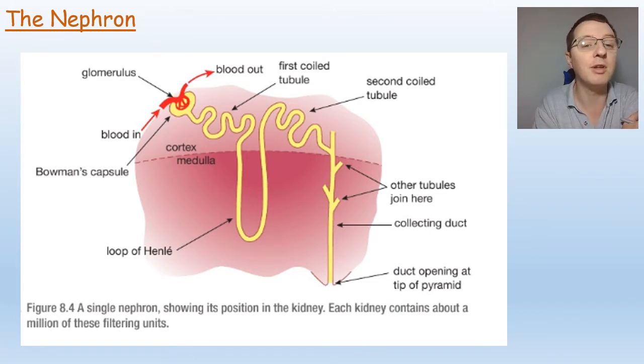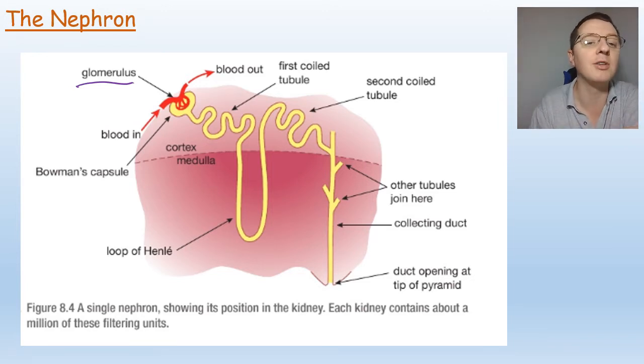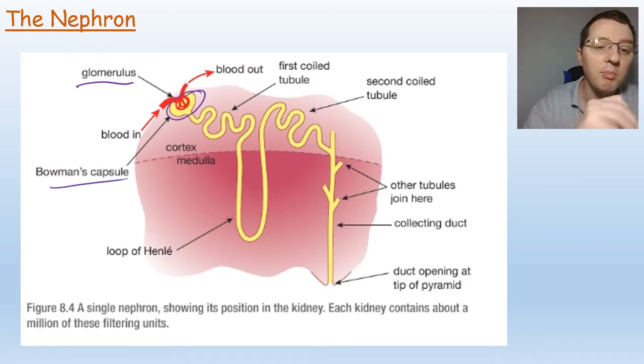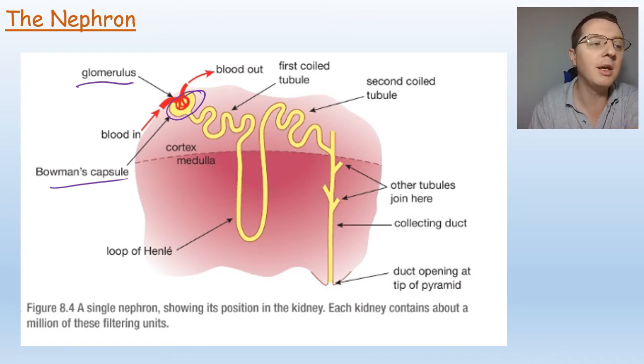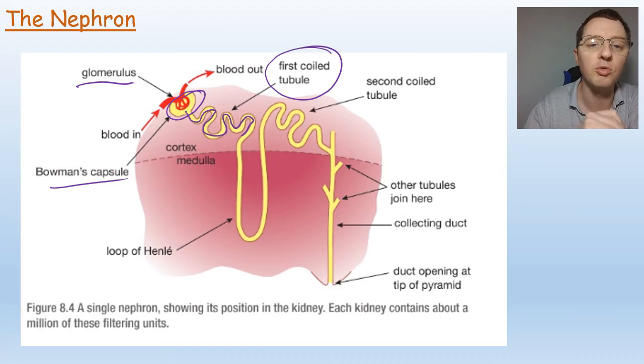We can begin to think of different parts of this nephron now. The initial part is called the glomerulus here, and the glomerulus is actually a bed of capillaries from the blood vessels that feed the kidney. Following on from the glomerulus, any filtered blood will enter this structure here, which is known as the Bowman's capsule. The filtered water and substances dissolved within that water, the urea, salts, sugars, will all then flow through this particular first set of coils known as the first coil tubule,